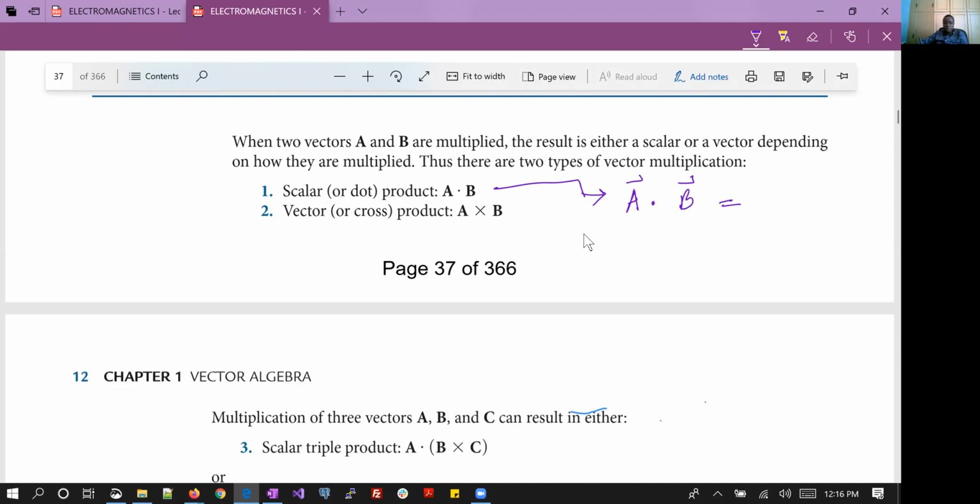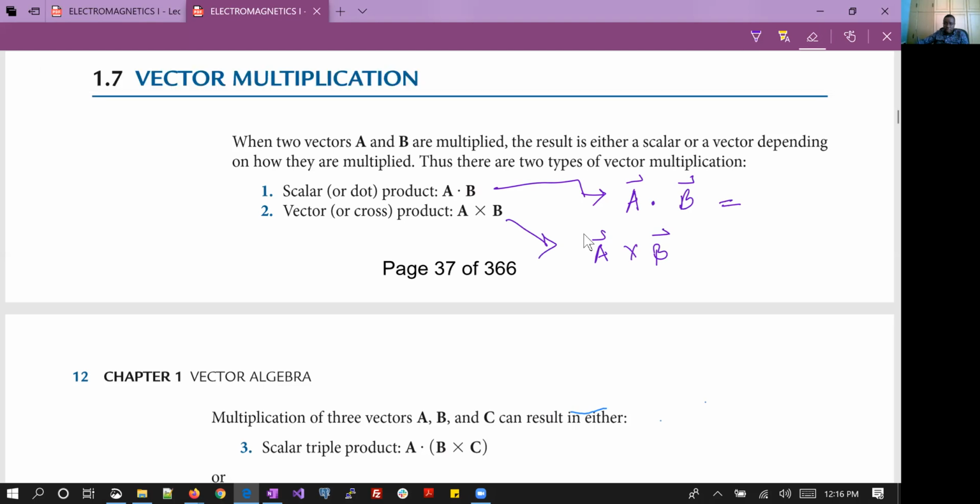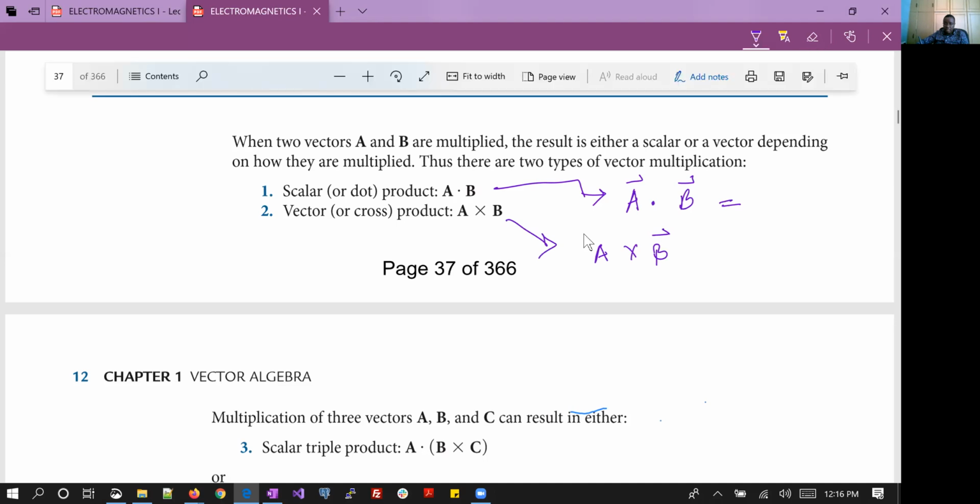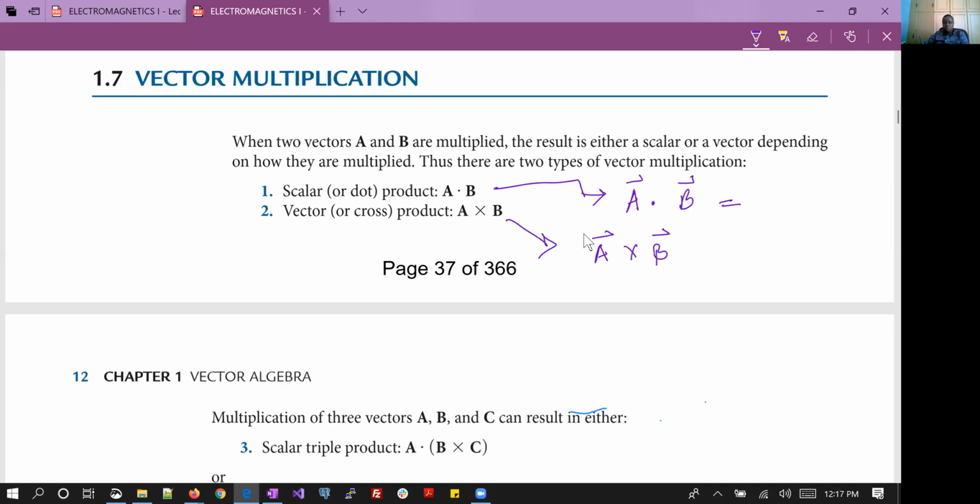The other one is the one we are calling vector product. You say A cross B. Why I'm writing this is because sometimes I write something that might not be clear. This is an arrow. Always remember to draw the arrows on top of a vector whenever you are writing, because you are not going to have the privilege of typing most of the concepts that we are doing. So you are doing hard writing. Therefore, when you hard write, you put the arrow at the top. If you are dealing with a unit vector, you put a hat. So these are the two concepts of